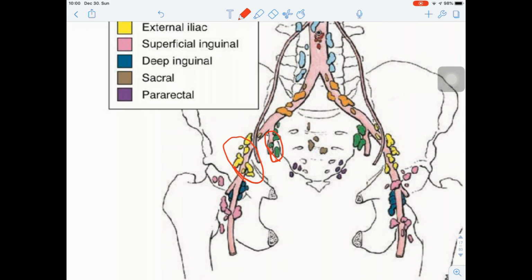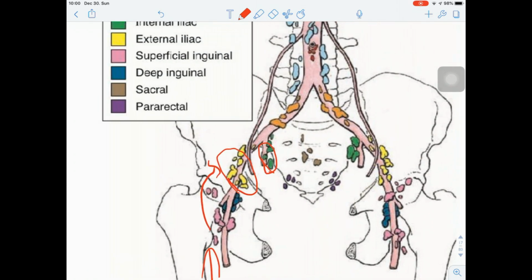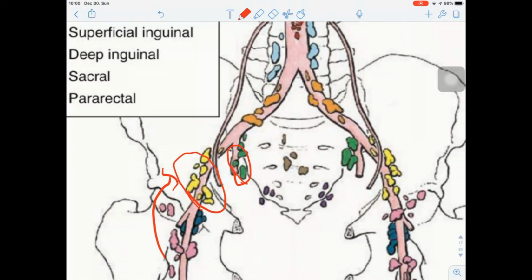External iliac lymph nodes receive the lymph basically from inguinal lymph nodes, which were receiving the lymph from the rest of the lower limb. It's just something from last year. Then internal iliac lymph nodes: you know the area that the internal iliac vessels supply with blood, so the venous blood is coming back, and the lymph is also coming back in the same manner. Whatever the internal iliac artery supplies,